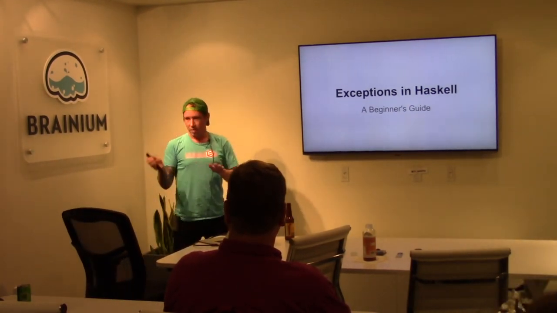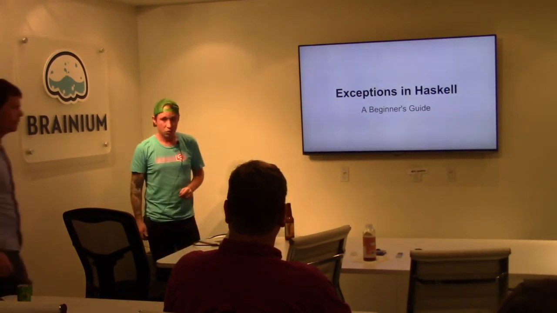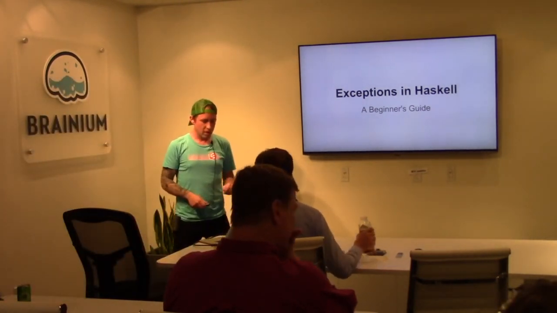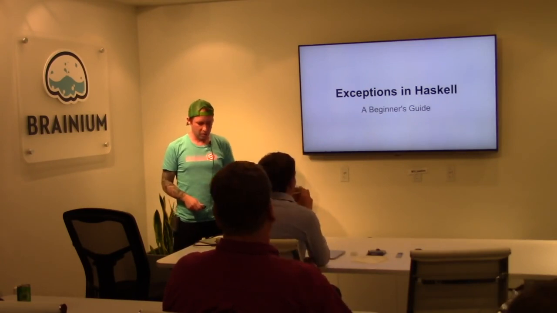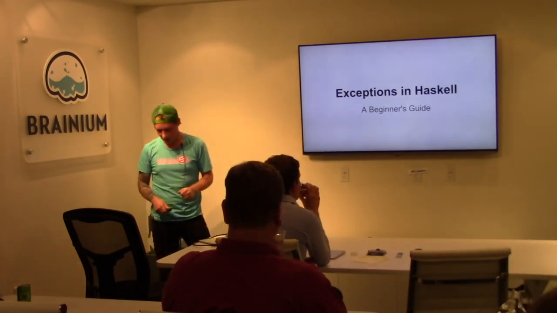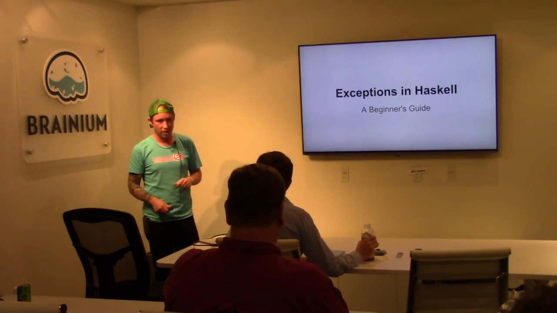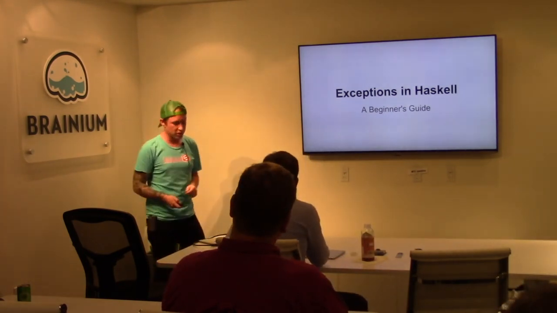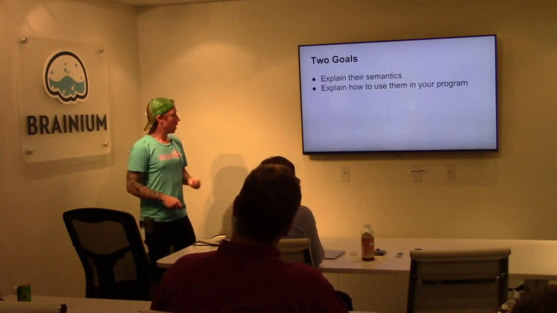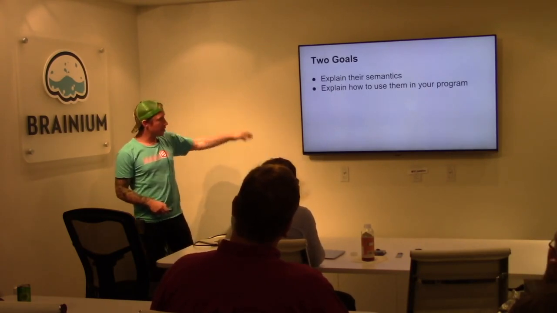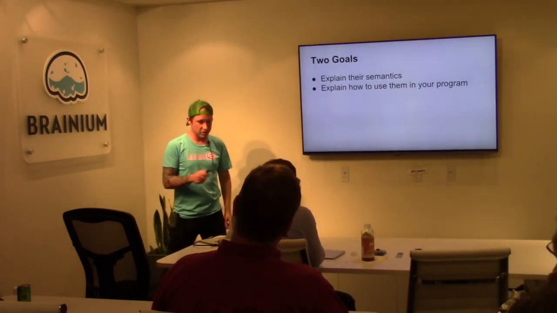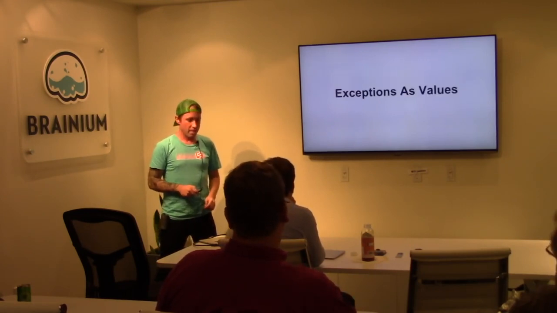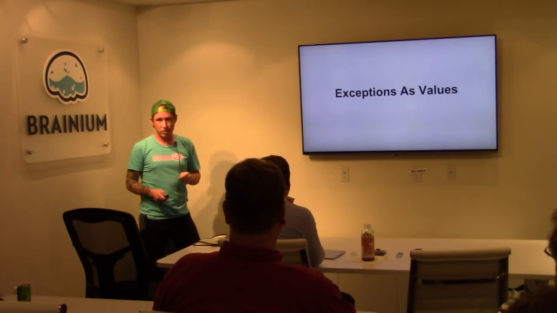So there's that. I'm going to give an overview of the Control.Exception API, give you some ideas on how you can use it, and show you the semantics for exceptions bolted on to Haskell that you encounter in GHC today. As I mentioned, I'm going to explain the exception semantics in Haskell and GHC specifically. I'm going to show you how to use them in your program. Beginning Haskellers start